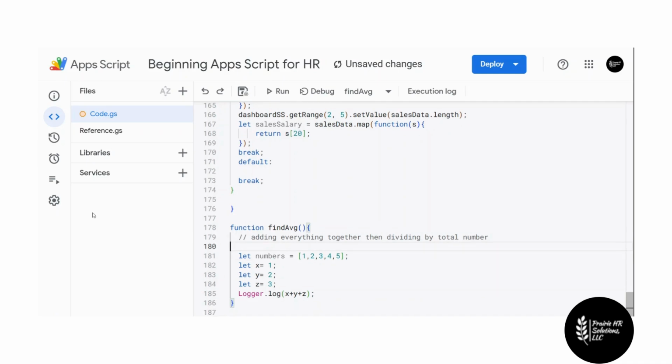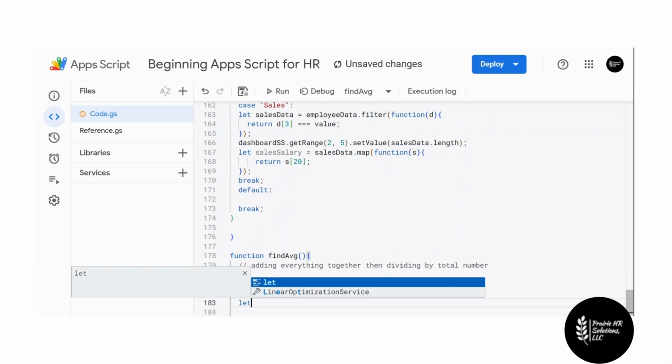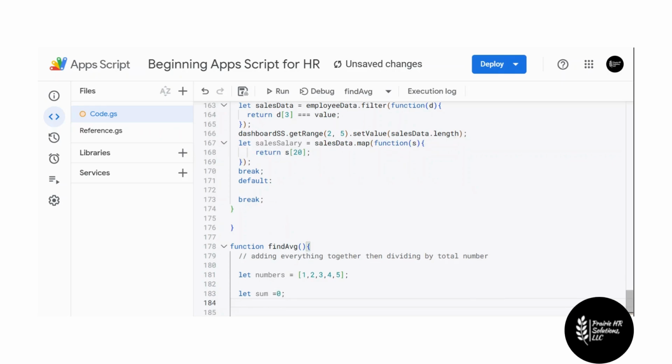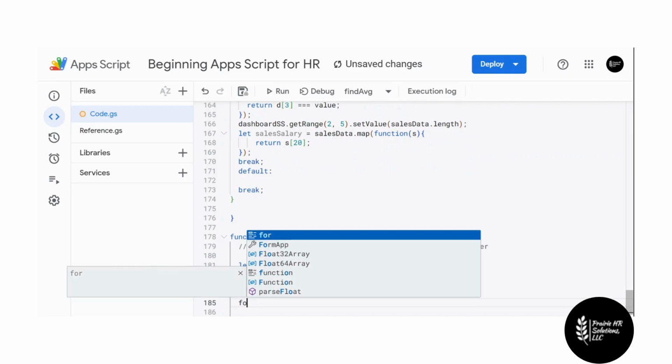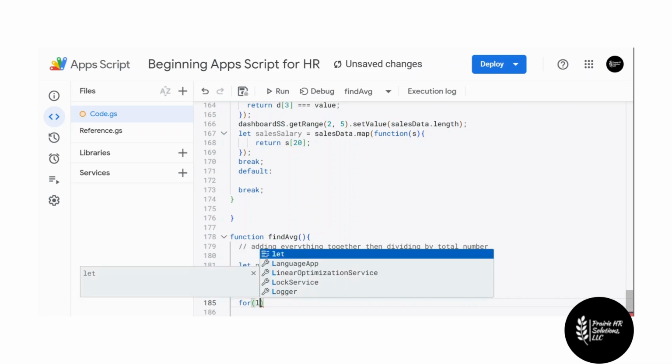So how we would do this is we now have numbers in an array. Again, I'm not going to go over this in depth, but I want to provide you with a snippet so we can talk about it later. So how we would do this would be, let's declare that sum, and let's set that sum initially to 0. And then we want to iterate or loop over every value. So how to do that, we're going to do for, that's declaring the for loop. We'll need the parentheses, and then we're going to say